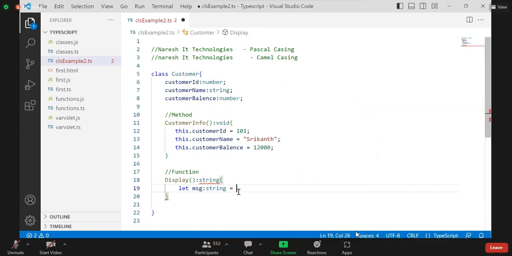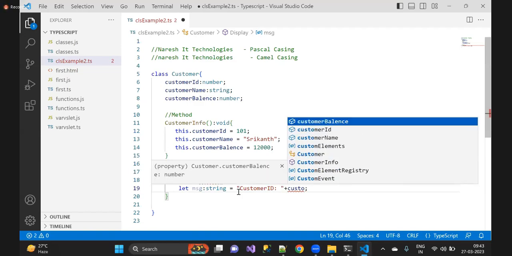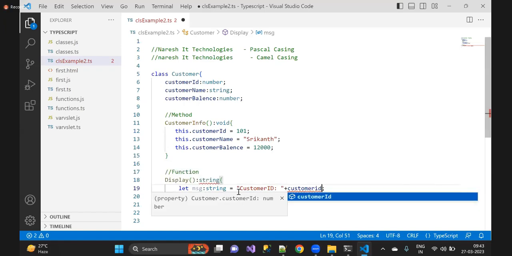Am I right? The first one is that you can use the double quotation. Now I'm writing the double quotation here and I'm going to print that information. So how can we do that? Simply, let's say customer ID